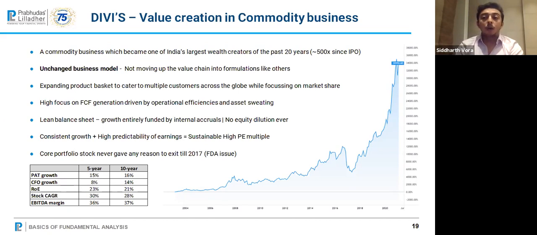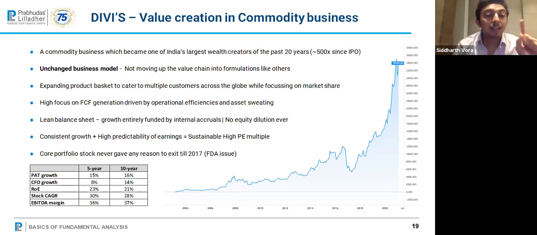To understand that, what we will do is understand the other side of the pharma business. There are companies like Sun Pharma, Lupin, which are into generics and formulation, which means कि कोई भी दवाई off patent जाती है, they start making the same medicine for cheaper and selling it. So any MNC company will not like to work with them because they know that if I do any work with them, they will eventually copy me. What Divi's Labs did is, it said, I will never copy anyone. I will only keep supplying raw materials to all the MNCs.